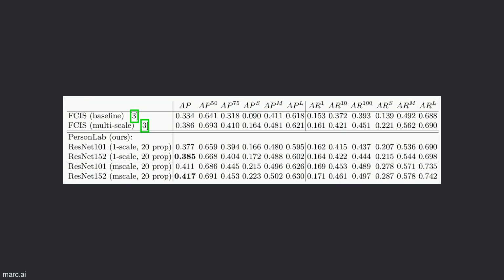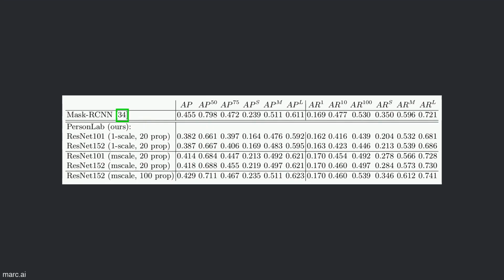Table 2. Performance on COCO segmentation person category test dev split. Our person-only results have been obtained with 20 proposals per image. The person category FCIS eval results have been communicated by the authors. Table 3. Performance on COCO segmentation person category val split. The Mask-RCNN person results have been produced by the ResNet 101 FPN version of their publicly shared model, which achieves 0.359 AP across all COCO classes.